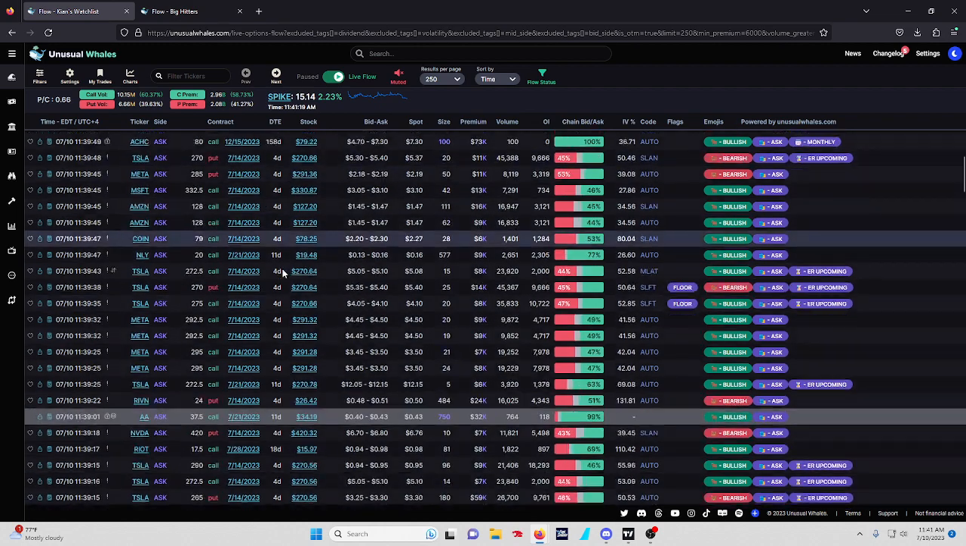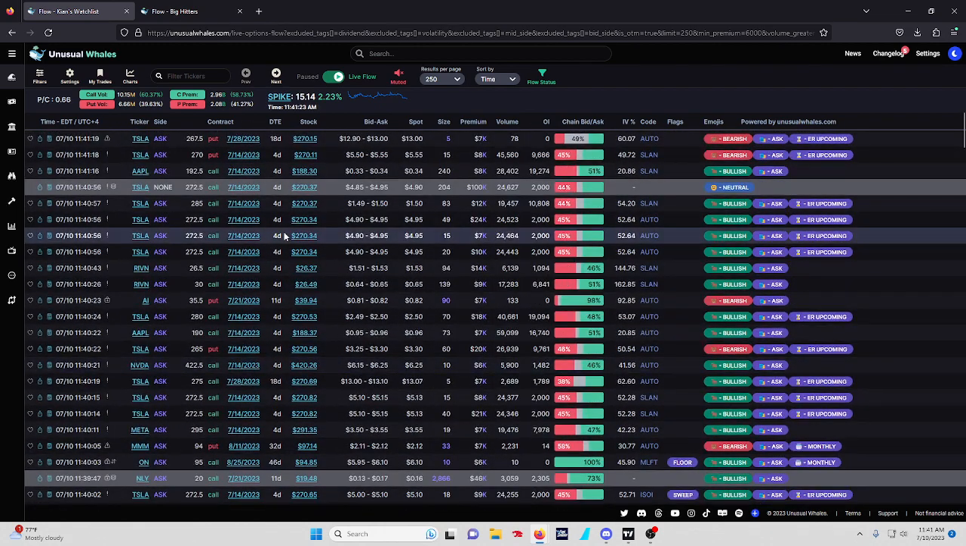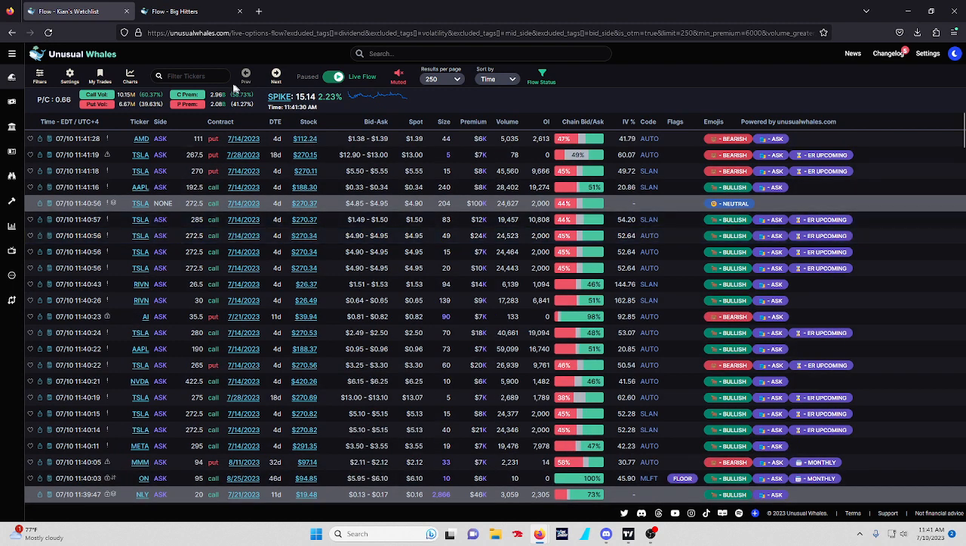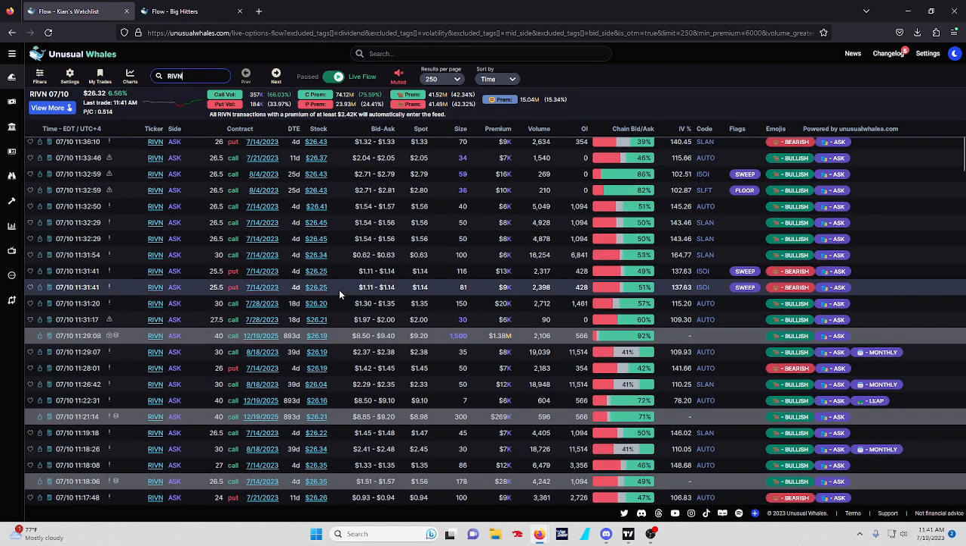I'm looking if anything looks interesting, right? So we can sit here for 2 minutes and see if there's any. I mean, for example, I can show you guys what came in maybe 2 minutes ago. Obviously, we've been talking about Rivian for a while. We saw these ones come in aggregates, right? So 40 calls for